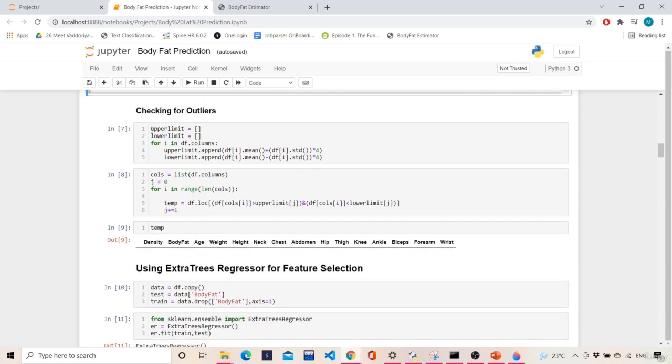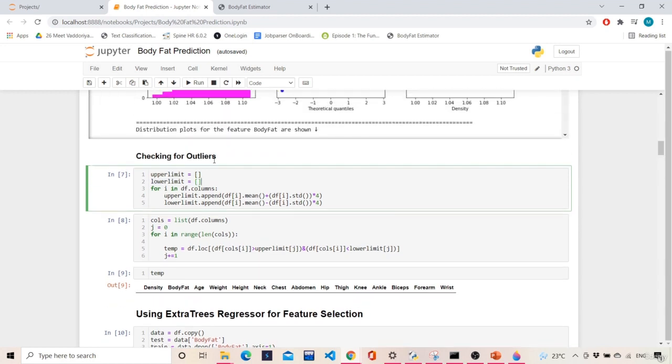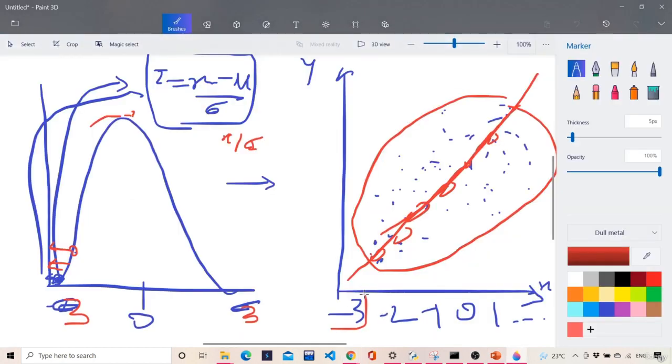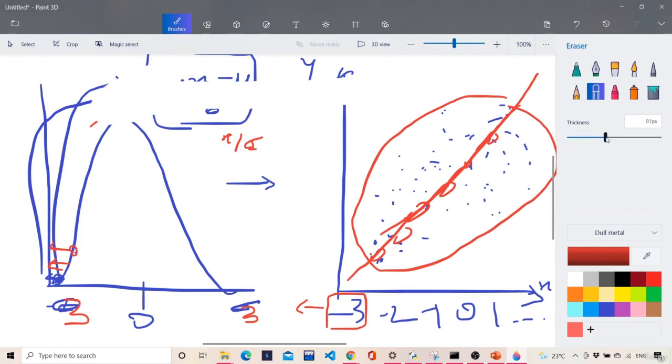So over here we can see that I kept an upper limit and lower limit. So this is a standard normal distribution formula where we have -3, no? If we are having values less than -3, that means that is an outlier for us. If we are having values greater than 3, that means that is an outlier for us. So basically what this entire thing is saying is